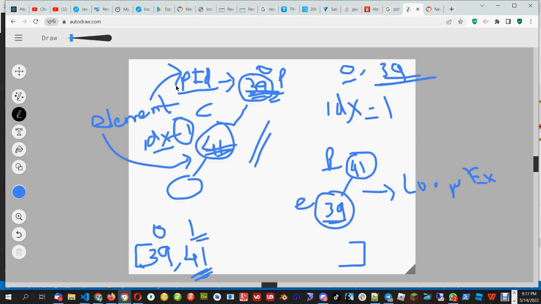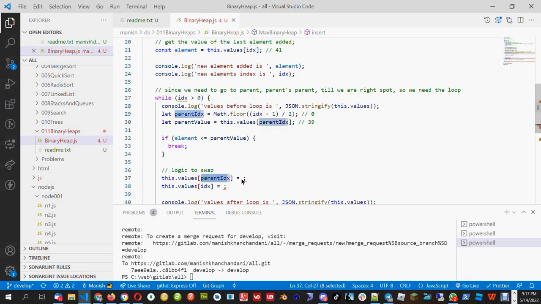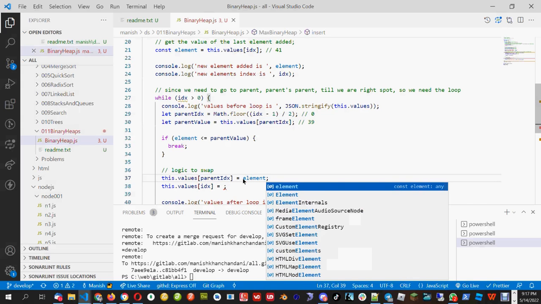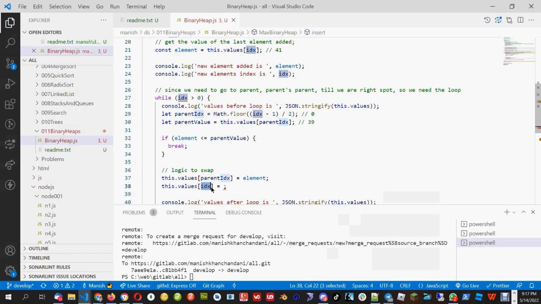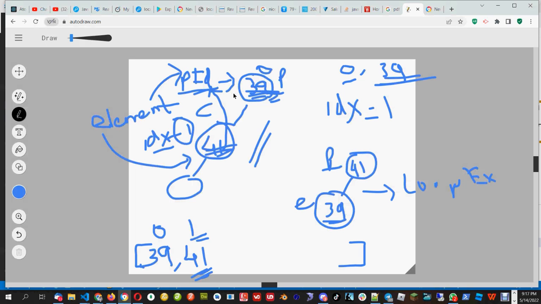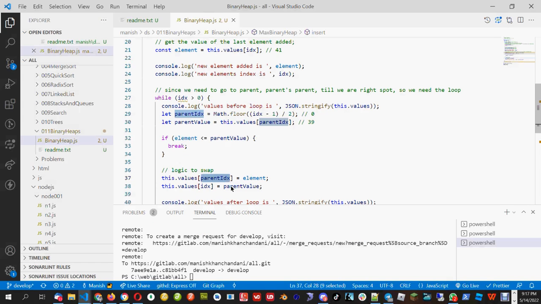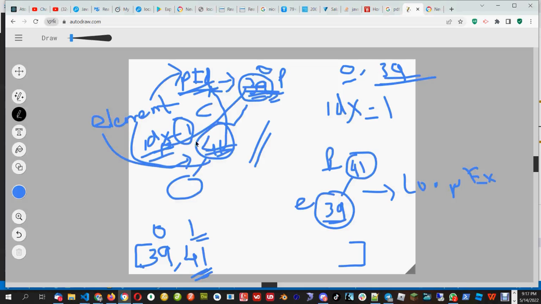So this element will go to the parent index. The parent index will get the child, that is the element, and the index will get the parent value. We have to put 41 in the parent index and 39 in the index part. 39 is nothing but the parent value, and 41 is nothing but this element. So 41 will go to the parent index and 39 will go to the index. This is the swapping logic. And once we swapped it,